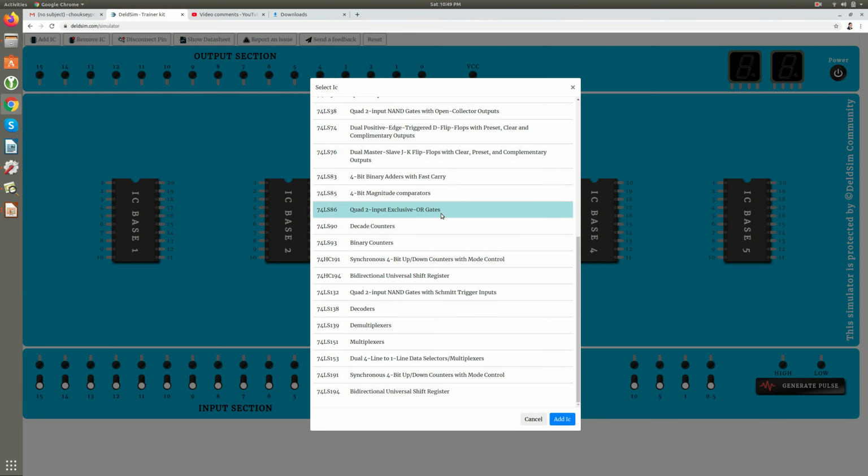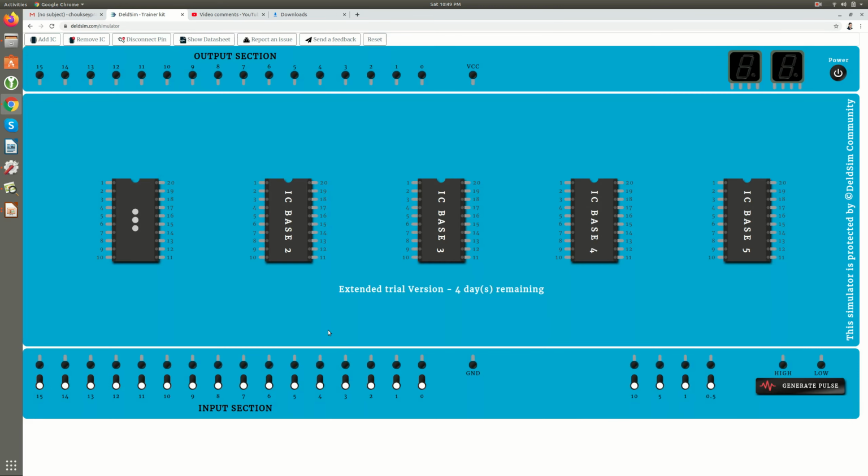So this is called two input exclusive OR, that means your XOR gate. So here I'll use the XOR gate IC.